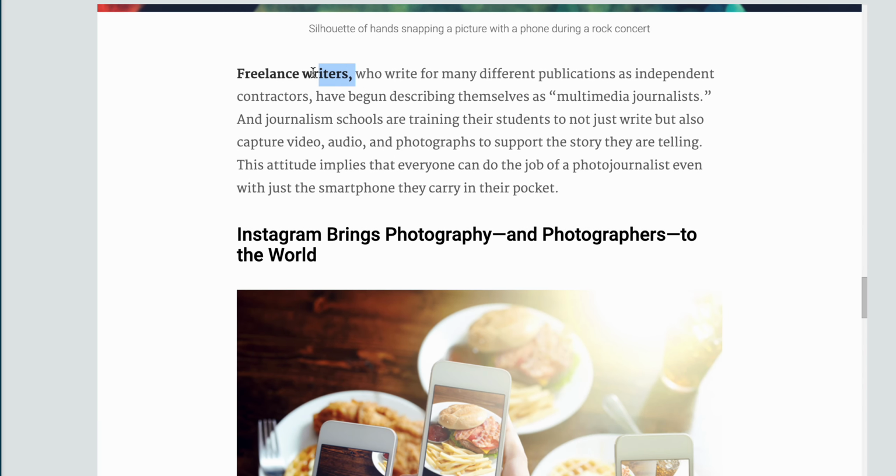The idea of freelancing writers. Now we have this new phenomenon like freelancing. You can work freely from any place, any time, to do specific jobs like freelance photographers, freelance writers, and this will not cost organizations a lot of money because it depends on one piece of work. You do the piece of work and then you get paid. You're not hired in a place where you are taking monthly salaries.